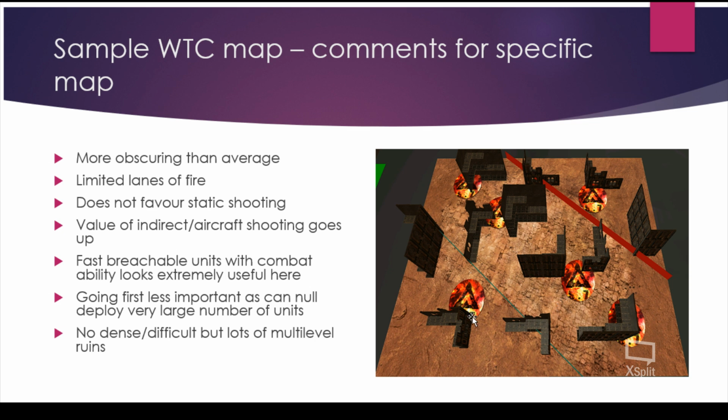These are lots of ruins, and I've taken the picture at a slight angle so you can kind of see which ones have windows, which ones do not. And you can see there are really big pieces of very tall multi-level ruins that do not have any windows. You've got actually pretty limited lanes of fire that are actually relevant, because you can shoot here and you can shoot here, but they can hide here, they can hide here, they can hide here, they could hide behind the